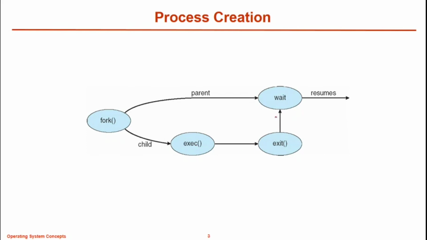Once the parent process gets a signal from the child that it has completed its execution and been terminated, then the process which is waiting in the waiting queue starts executing its work or task. So this is process creation. These are the Unix system commands used to create a child process. The parent has to wait until the child process completes its work and terminates. Once it is terminated, the parent proceeds with its work.